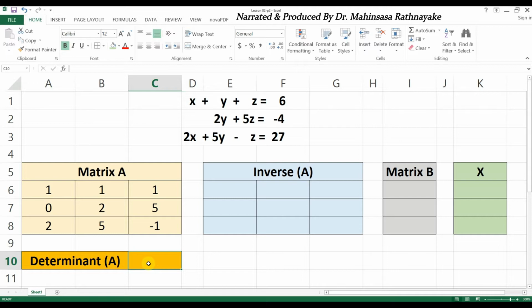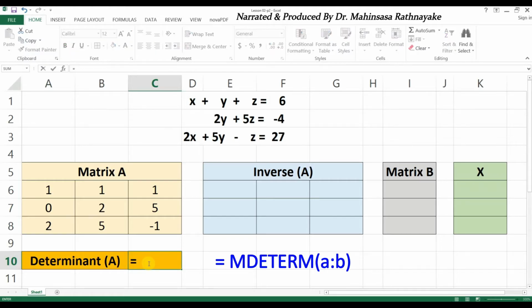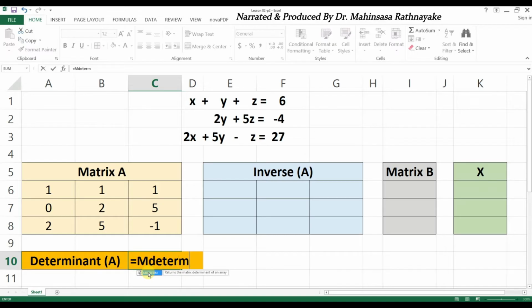In Excel, there are inbuilt functions for matrix operations starting from capital M. For determinant of a matrix, the function is MDETERM. And we need to mark the array, that means the cells containing our matrix.